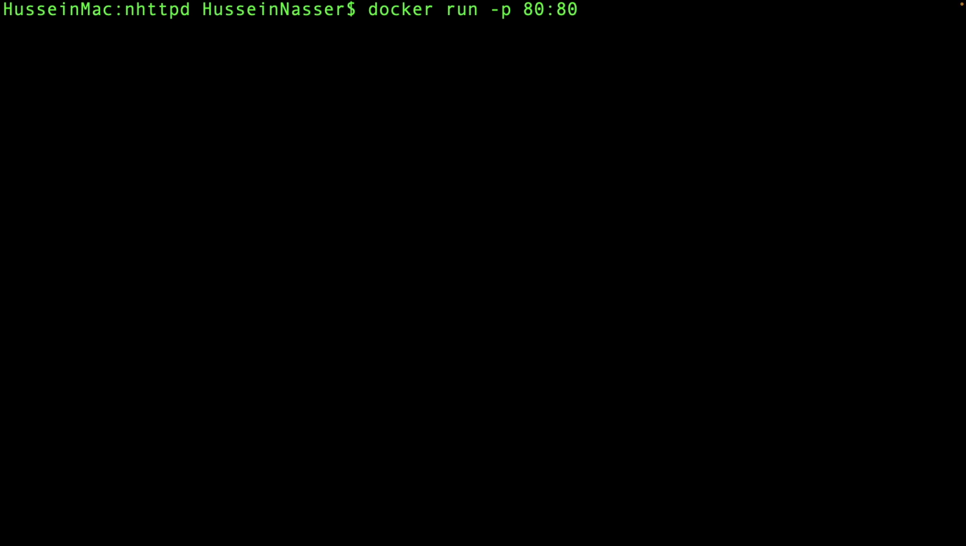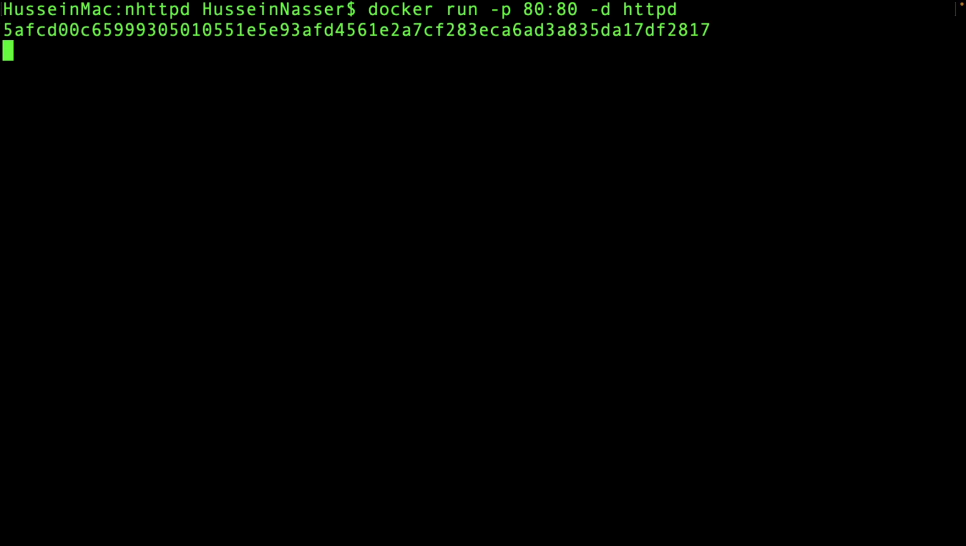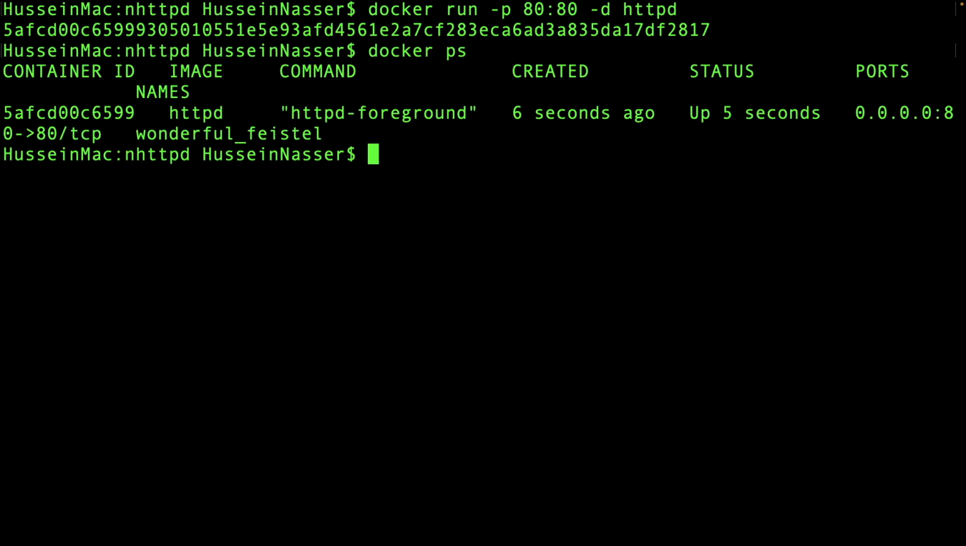Then I'm gonna do -d httpd. -d means, hey, detach so I can do more stuff in my terminal. httpd is the image. That's the official Apache image, which is the HTTP daemon. And when we do that, we're gonna get a beautiful new container. If I do docker ps, you can find this is my container ID. I didn't give it a name. It was wonderful